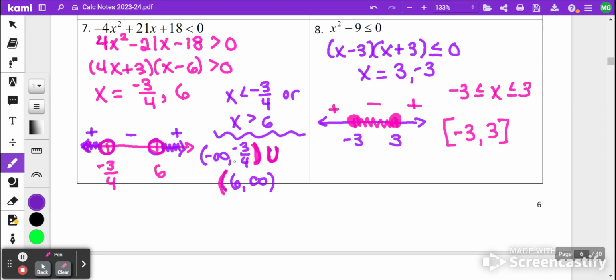The next one, we factored the difference of squares, got 3 and negative 3, and then tested our values and found out it was the region between 3 and negative 3, including 3 and negative 3, which is why we have these brackets here. Okay,